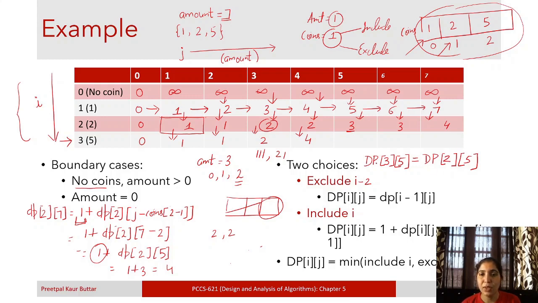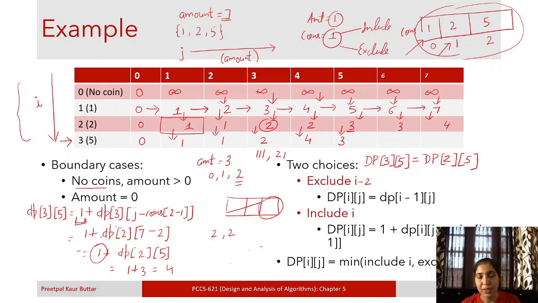When you exclude this third coin, then you will just copy the solution from the upper cell. The solution is 3 here. You need 3 coins. If you exclude a 5 rupee coin, you will need 3 coins to make an amount equal to 5. But when you decide to include this coin, the third coin whose amount is 5, and the amount you are trying to make is also 5, you add a 1 to the solution, and